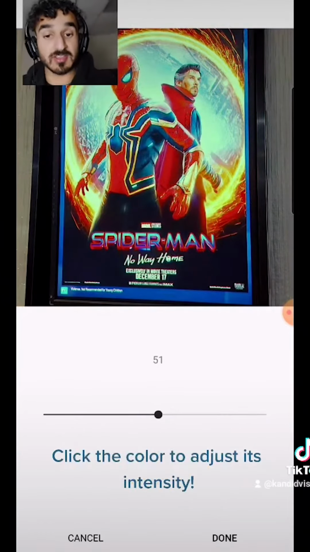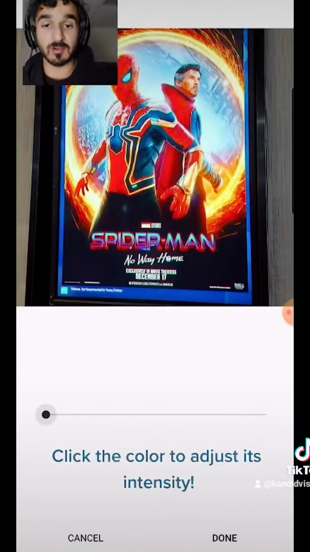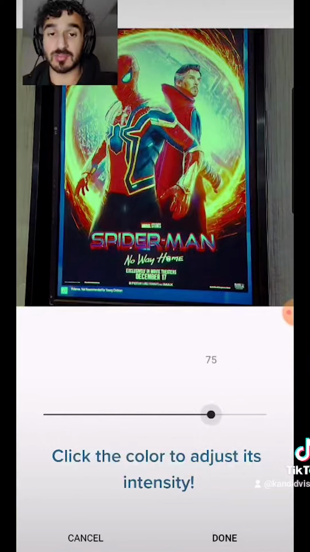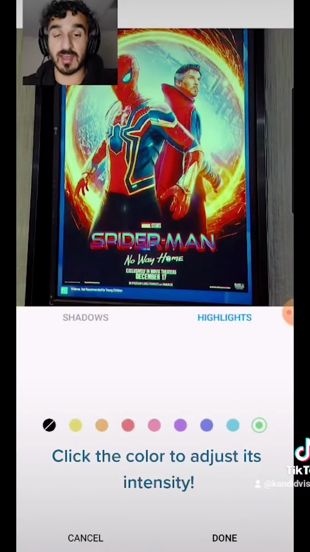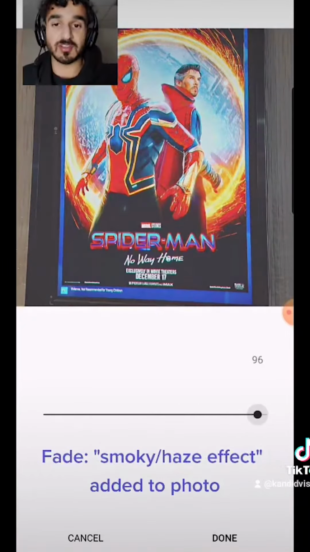And if you select a color, so like say if I go to green and I click it, you can see that I can go with the intensity. So I can go all the way up and go all the way down. You can kind of mess with this how you would with the other features, and it'll kind of allow you to adjust it accordingly. Fade, on the other hand, is more like you desaturating the colors,